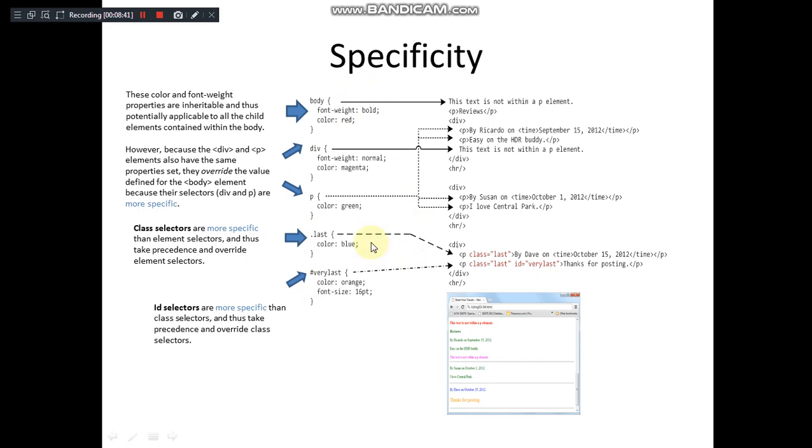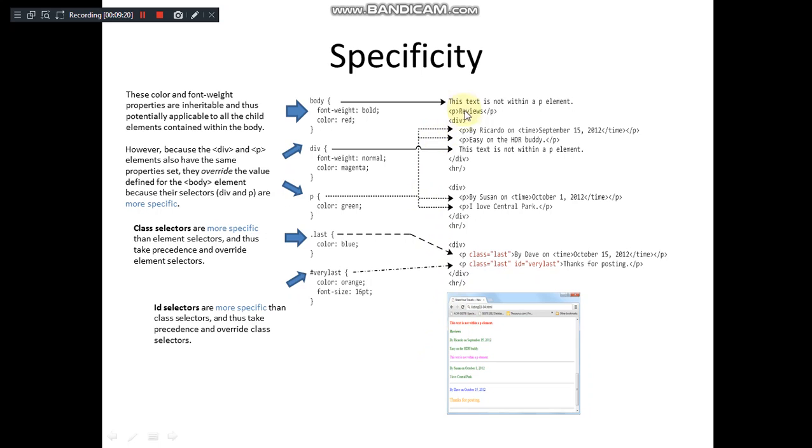So which rule is applied to which element, you can observe in the output. The one which is more specific is applied with the rule. So the very last is more specific. We are saying it to one particular element, so it is applied with orange color, right? Last is the class selector, a little bit broader than this, but compared to the above one, it is more specific. So this portion appears with the blue color, and the paragraph is more specific than saying it for a division. It is set to the child element itself. So if the rule is more specific to an element, then that is considered. So that's why the output comes like this.